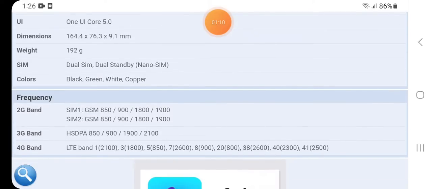Frequency: 2G band, SIM 1 GSM 850/900/1800/1900, SIM 2 GSM 850/900/1800/1900. 3G band HSDPA 850/900/1900/2100. 4G band LTE bands 2100, 1800, 850, 2600, 900, 800, 2600, 2300,